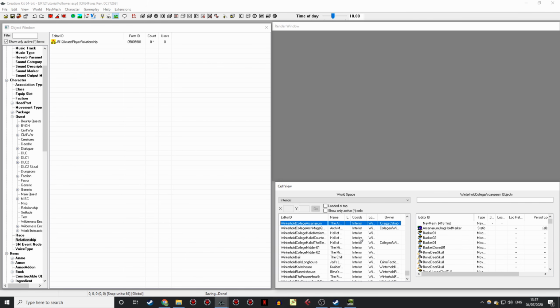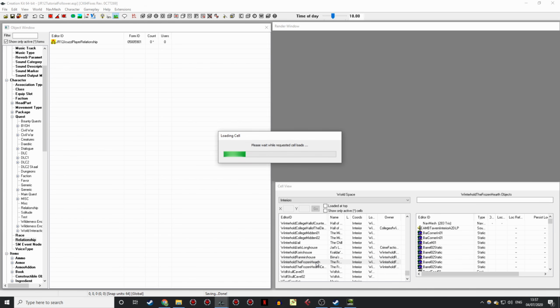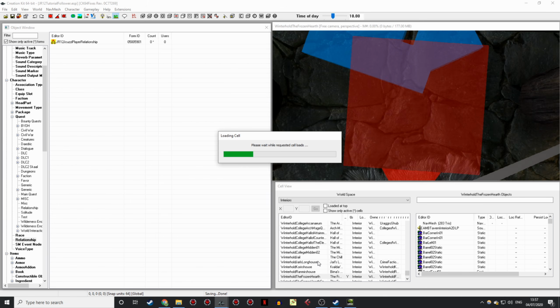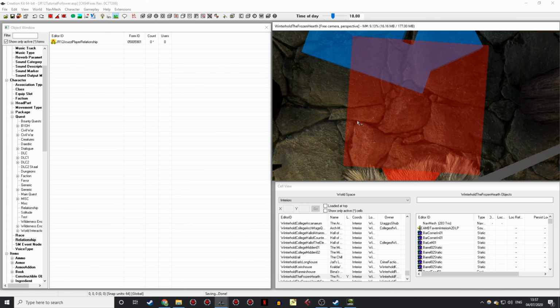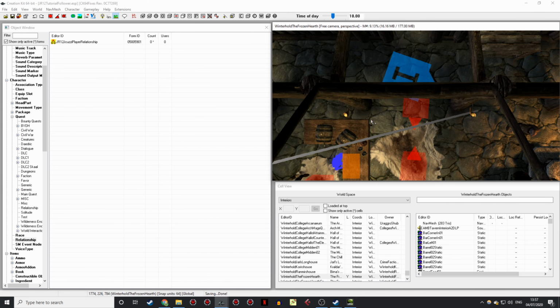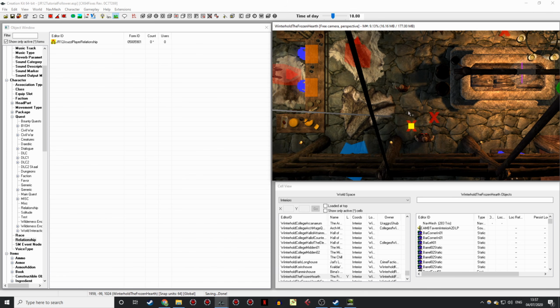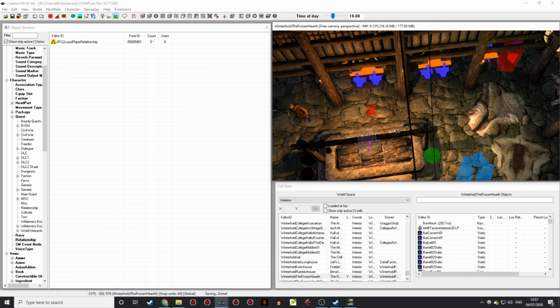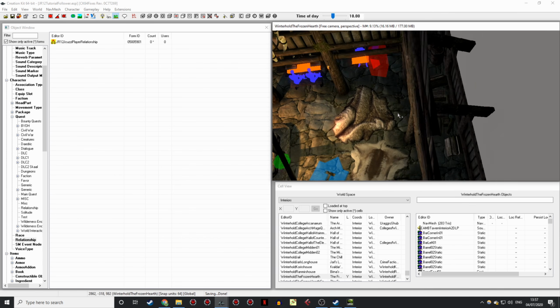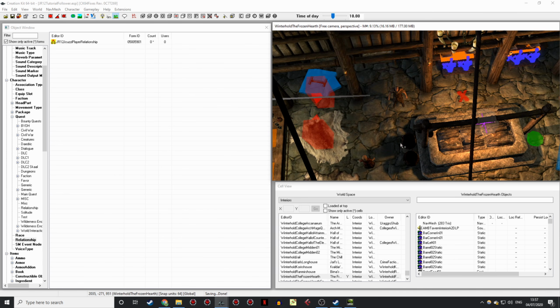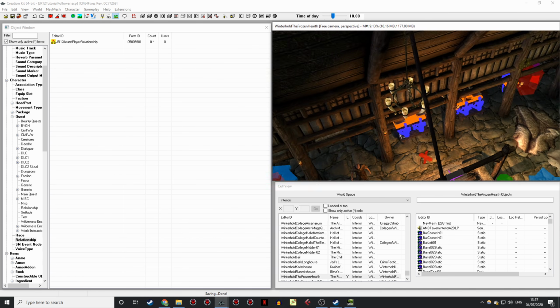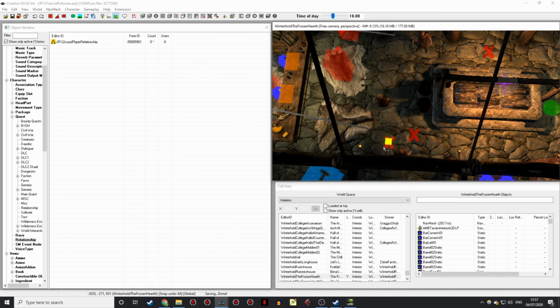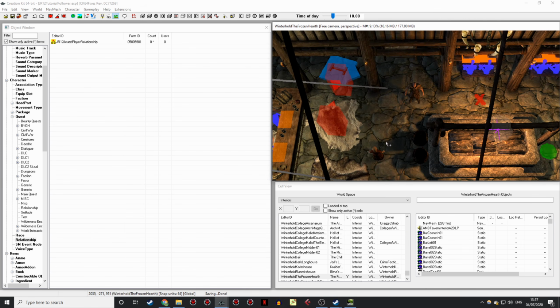There we are. And we're going to want Winterhold, the Frozen Hearth, because that's where I want to put our follower. So just double click on that and it'll start loading up. You'll probably have some warnings, which you have to hit yes to all on again if you're on Classic Creation Kit. Here we are. You get a 3D preview of the cell you're interested in. You can drag around by middle clicking with your mouse and dragging the mouse. And you can rotate your view by holding shift and moving your mouse around. Those are the two main things you need to navigate.